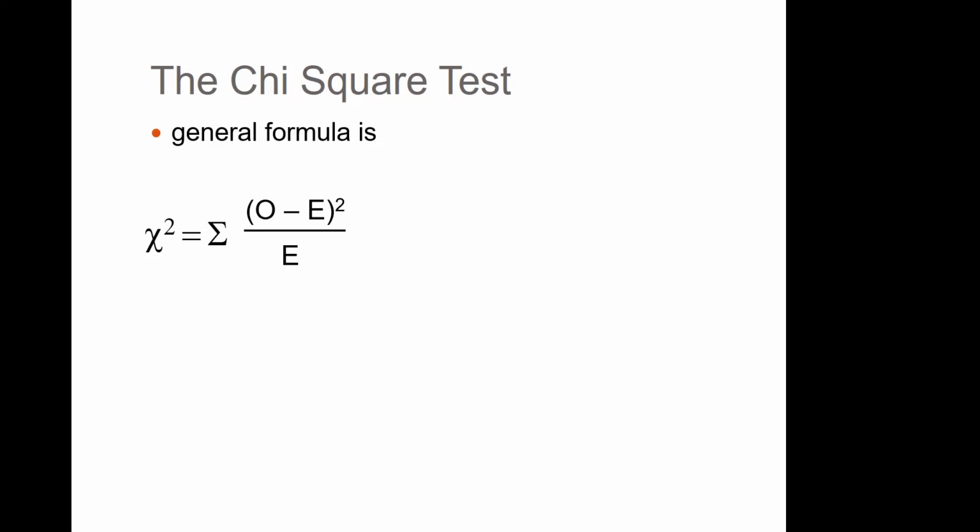Now, you might have multiple different observational classes. In genetics, we generally do. You're going to look for maybe 4 phenotypes or 6 phenotypes or 8 phenotypes simultaneously. So for each individual phenotype you have, or for each observed data that you have, you're going to have one of these terms. And the overall value is got by summing those terms.